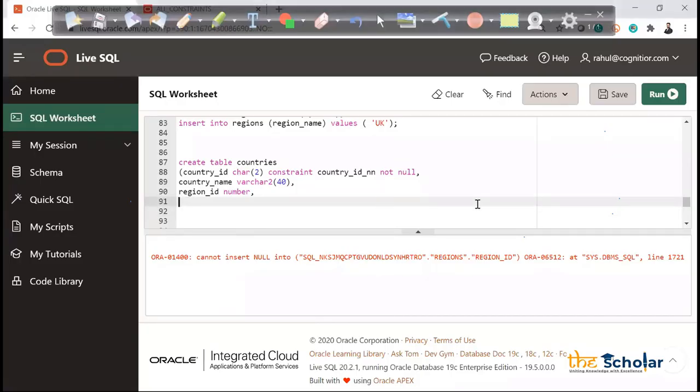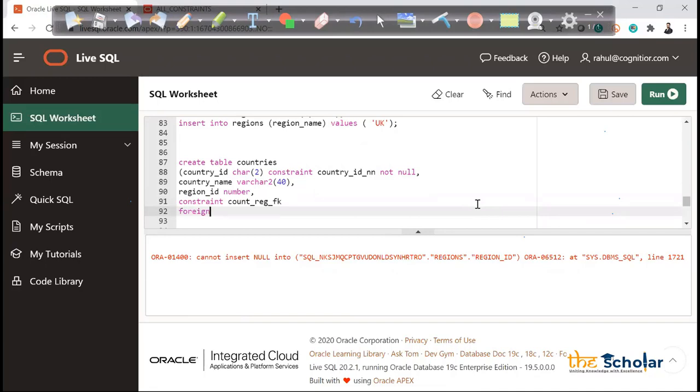So I'm creating this region ID. Now I want to say that region ID is a foreign key coming from the regions table. For that, I will write constraint. Let's give it country underscore reg underscore fk, foreign key.